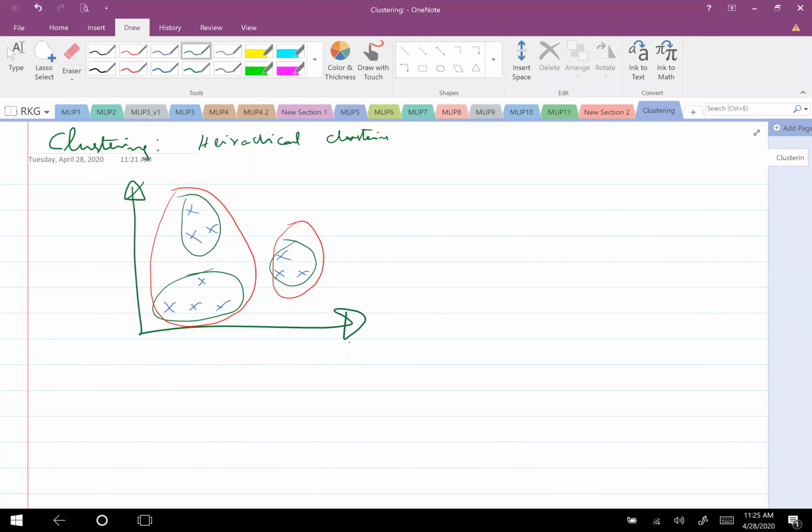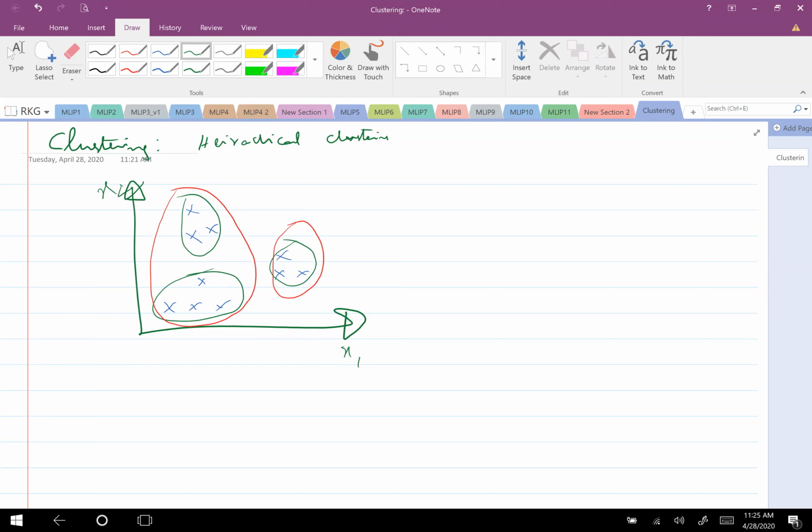Now the question is, if I don't know a priori how many groups I wish to make, but I would like to have a structure. Say if I give you some data, I would like to see how the clusters will be if I group into 2 clusters, 3 clusters, or 4 clusters. After seeing the whole structure, I may want to decide on sticking to 2, 3 or 4 clusters, etc. Such clustering algorithms are called hierarchical clustering algorithms.